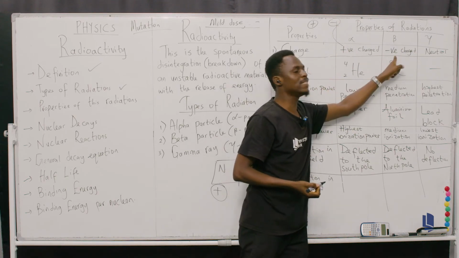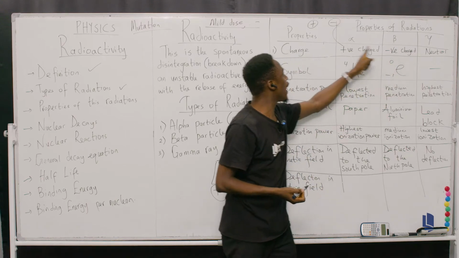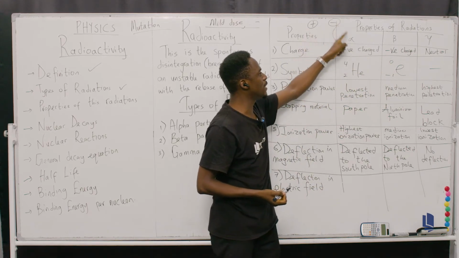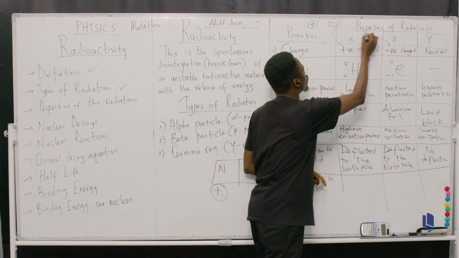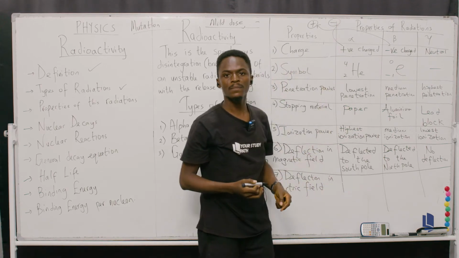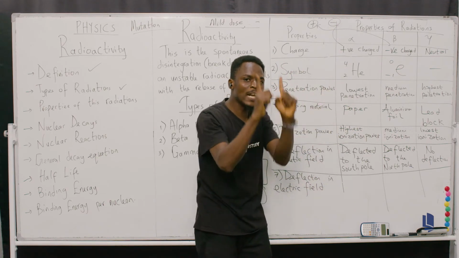Similarly, beta is negatively charged, and we are having a positive and negative terminal. Beta will be attracted to the positive terminal, because unlike charges